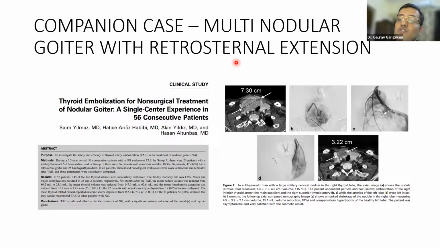Thyroid: for multinodular goiters and even Graves hyperthyroidism or non-Graves hyperthyroidism, now PVA particulate embolization is being tried, and that is achieving good necrosis and shrinkage of the glands, a very good efficacy. So definitely this has to be on the lookout. And out of the 146 arteries embolized amongst 51 patients, almost 50 patients, that is 98%, say that they would definitely recommend this to others, because this avoids a huge lot of surgery and a lot of potential complications which are especially occurring in such large